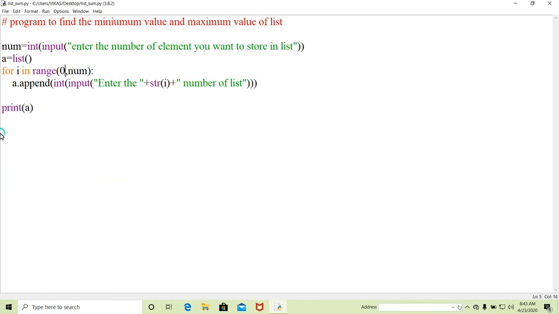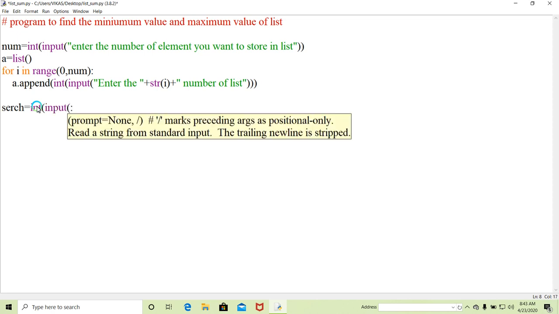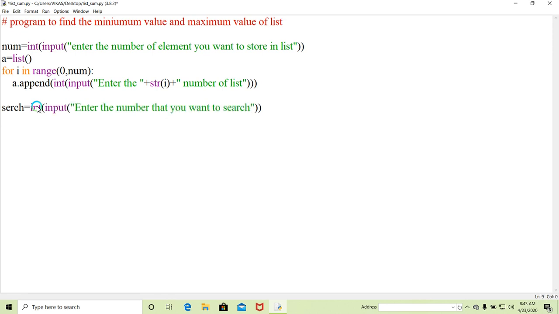After that what I have to do, I will take one variable search and I will ask the user again for input. Enter the number that you want to search. And after that I will take one flag variable 0.